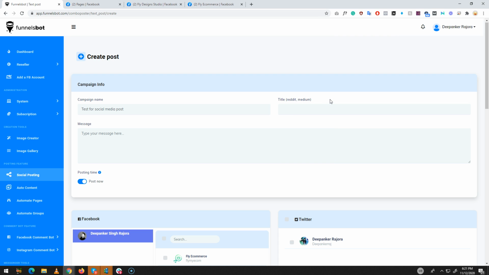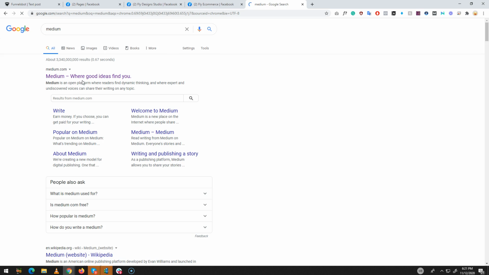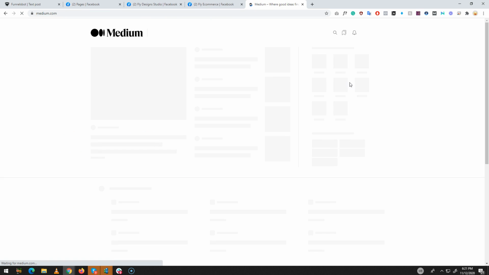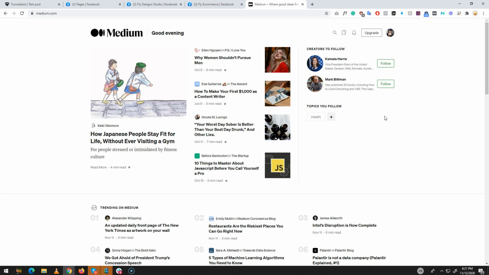And yeah, one thing I have to tell you, we have a Medium option. If you know about Medium, it is a very good platform for story content writers, where users or storytellers write their stories, and there's a chance they can make money from this site also. If people like that content, Medium gives them some part of the subscription fee. So this is very cool, and I'm sure this is the very first time we are introducing Medium in our software. So this is going to be a new angle for sure.